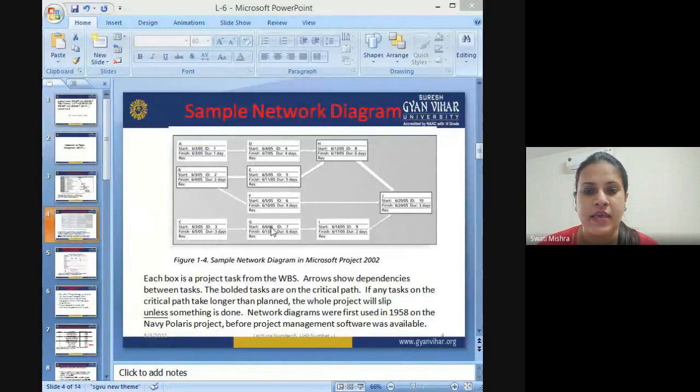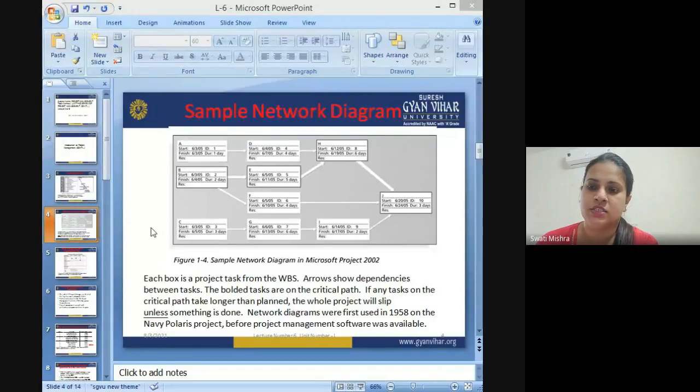So A, B, and C are the initiating activities. They do not have any predecessors. Like A is the predecessor of D, B is the predecessor of E and F, and C is the predecessor activity of G. But A, B, and C do not have any predecessors. If I say successor, a succeeding activity is the activity which starts after the predecessor completes. So D succeeds A, E and F succeed B, G succeeds C,